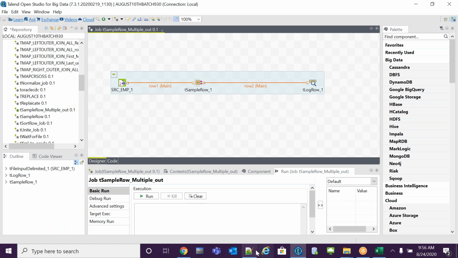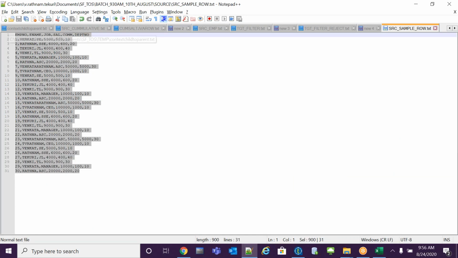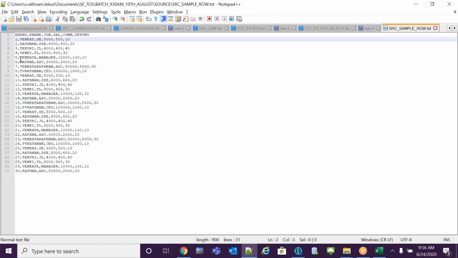Team, is the scenario clear? I have one source file. I want to read it. But for my target, I want 3 targets. My first target, 1 to 5 records. My second target, 6 to 10 records. My third target, 11 to 15. Assume that.